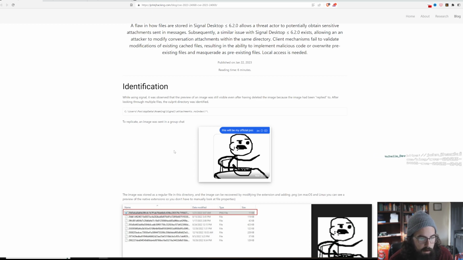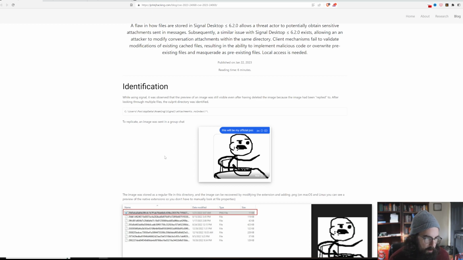According to this article, there are ways that you can bypass that, or ways that that encryption just doesn't show up. Basically, these attachments are being stored in clear text, and even after you delete the attachments, if somebody replied to the attachment before you deleted it, it stays in this odd cache folder, again, completely unencrypted, and just doesn't disappear the way that you would think it would, which isn't good. I'm not denying that that's an issue. However,